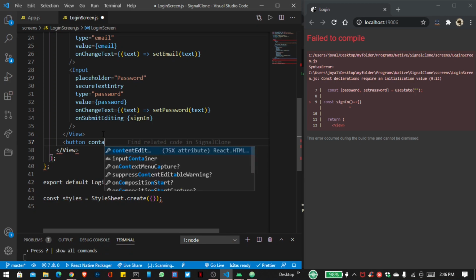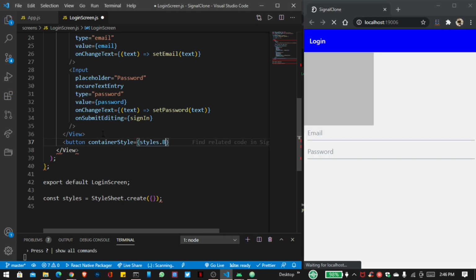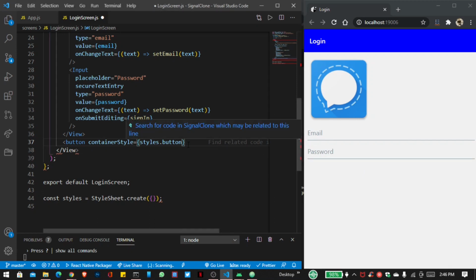So I write here container style, and that is styles dot button. Here you can see password is added, and because of the secure text entry the password is not showing here,